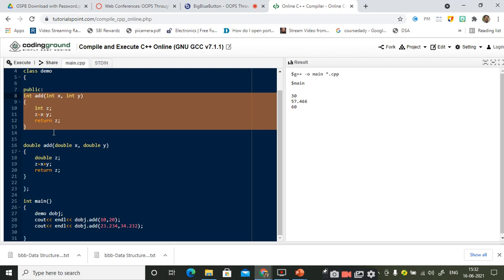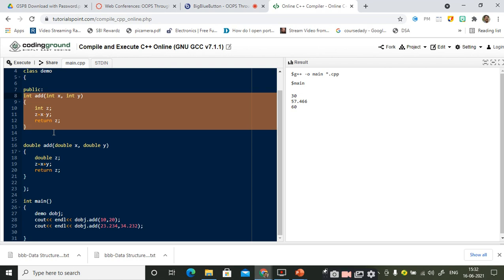And generic programming in the C++ programming language is supported by the concept of templates, right? It is supported by which concept? Templates. Late binding is supported by which concept? Virtual functions, sir.